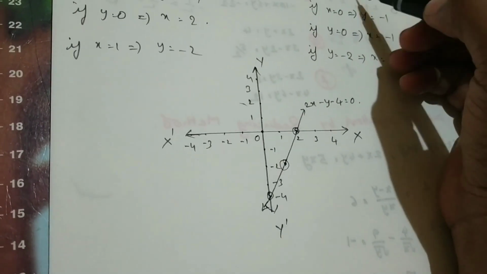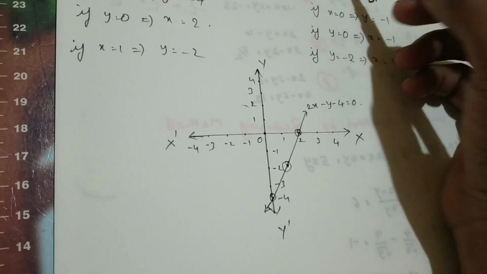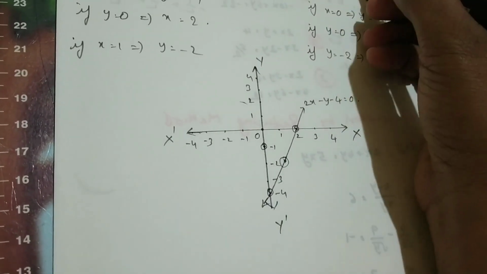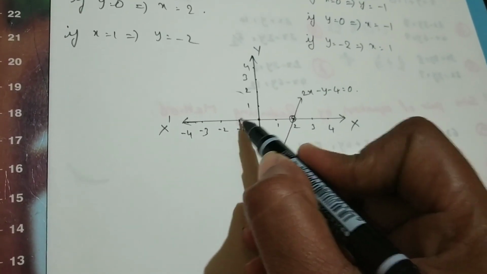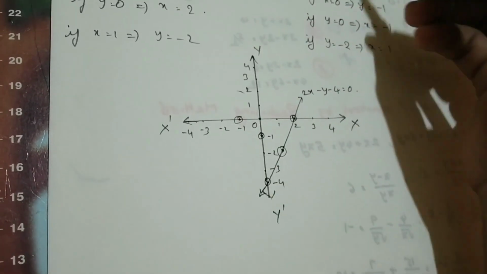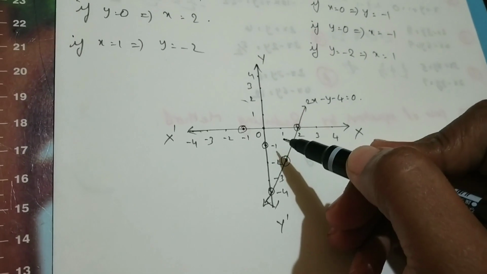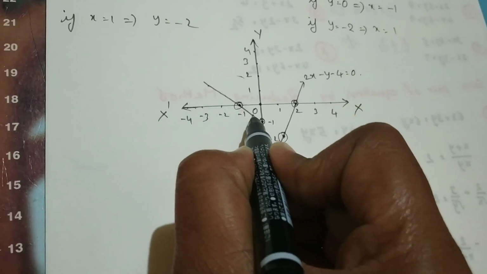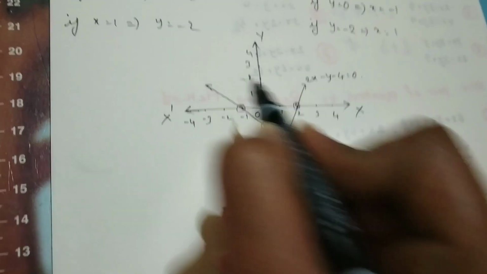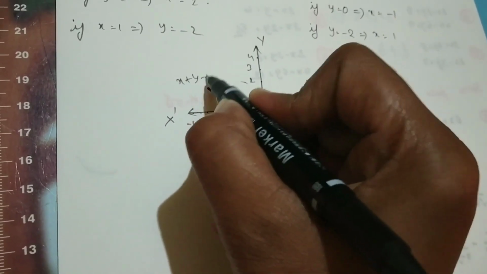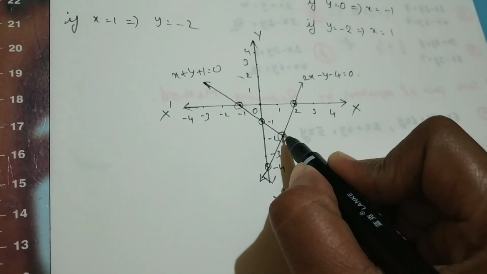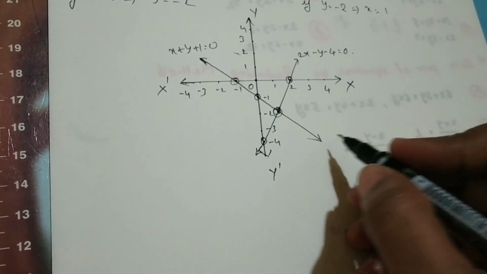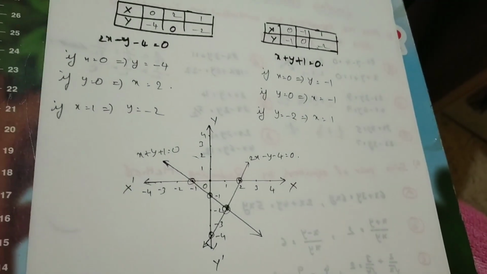Now draw the graph for the second equation, x plus y plus 1 equal to 0. (0, minus 1) means x equal to 0 and y is equal to minus 1. This is the point. (Minus 1, 0) means minus 1 on the x-axis, y coordinate 0. (1, minus 2) means x is 1, y equal to minus 2, this is the point. Join these points with a line. This is the equation of the second line, x plus y plus 1 equal to 0. This point is nothing but the intersecting point which we solved before by the elimination method. Like this we get the graph of these equations.